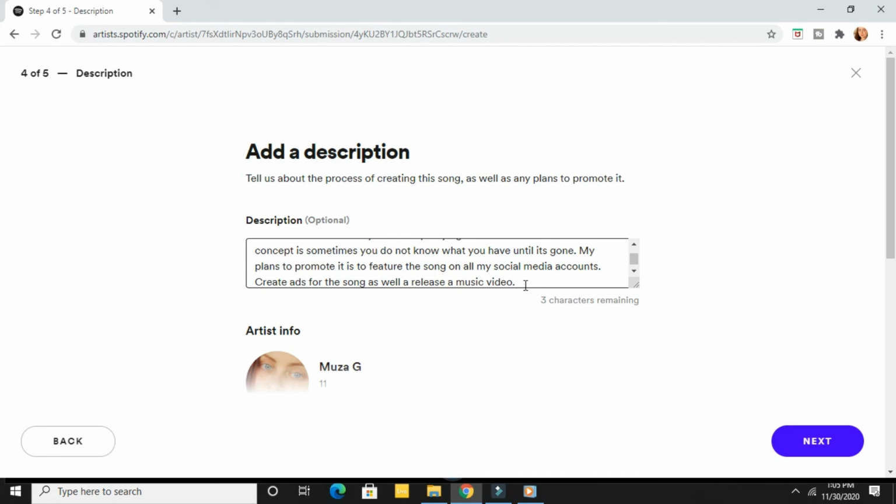Okay, so 3 characters. Plans to promote: feature the song on my social media accounts, create ads for the song, as well as